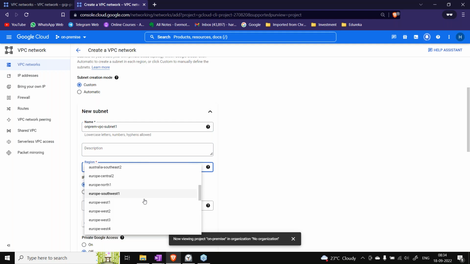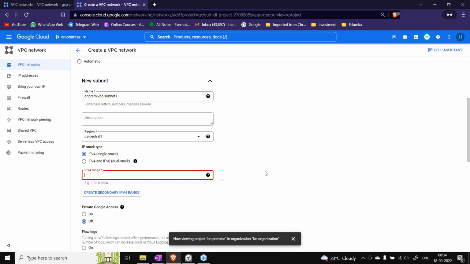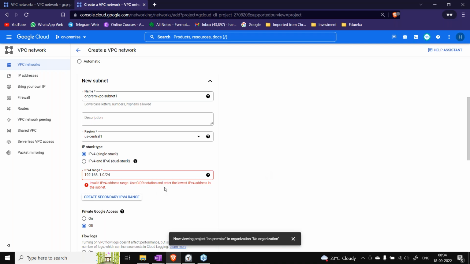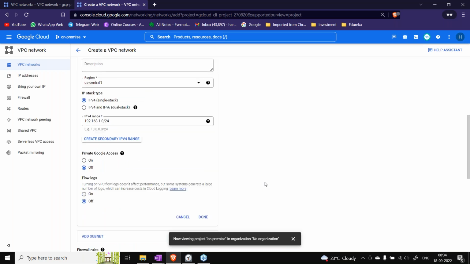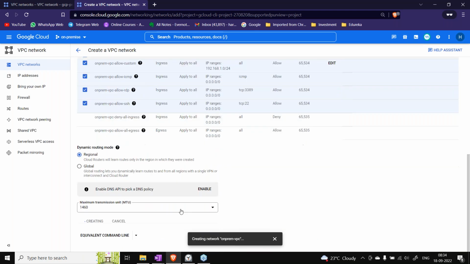Let's again create this in Central 1. And let's give it some other naming convention like in the diagram, right? We had 1.0. As long as they are non colliding with each other. Invalid. Oh, there's an extra dot here. Fine, all four firewalls, create.